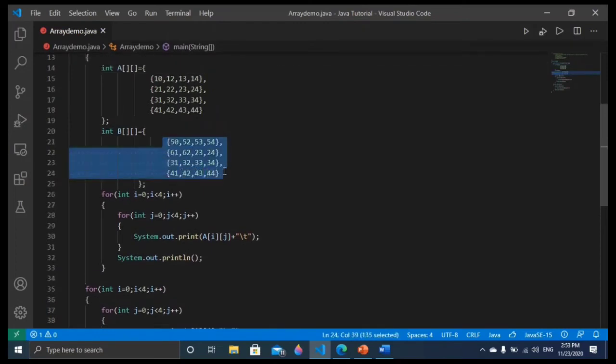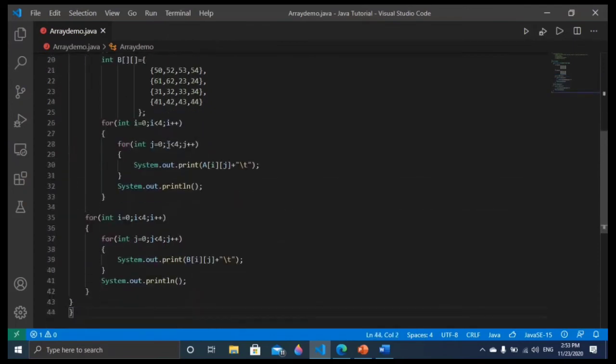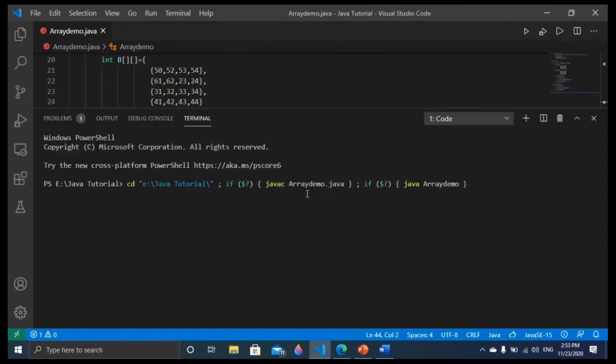So why are we going to arrange this? So that we will understand where the curly bracket is going to close and where the curly bracket is going to open. Otherwise you can do it any way, but this is easier to understand where it is going to be closed and where it is going to be open. Now it's okay, let me run and check it. If I run, you can see both the matrices are printed, but both are coming together, so we're not able to understand.